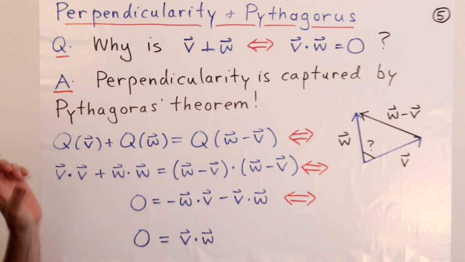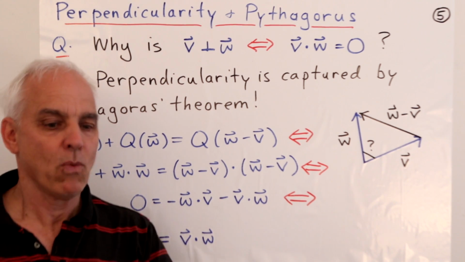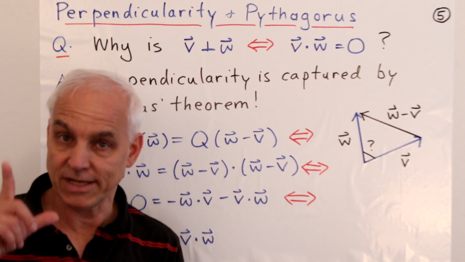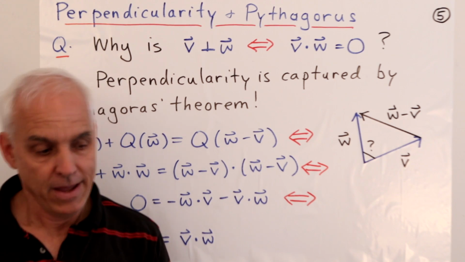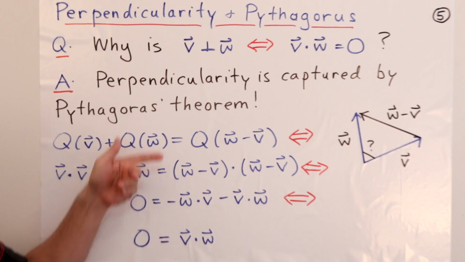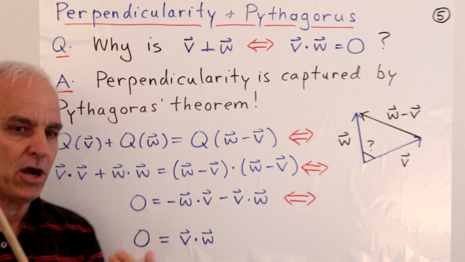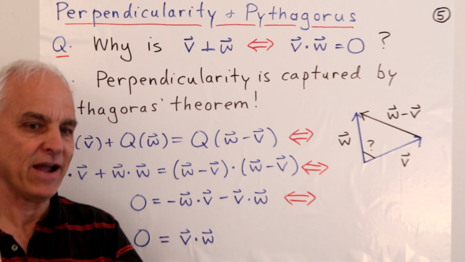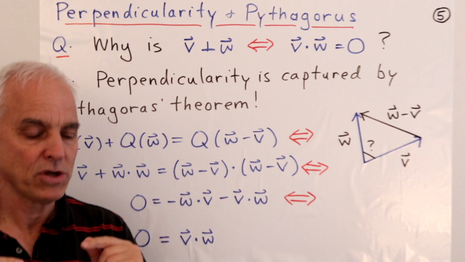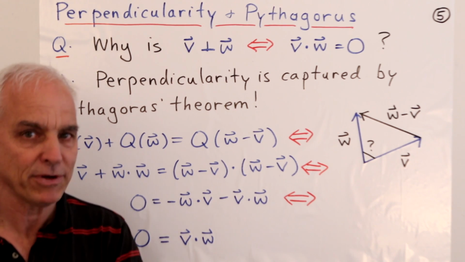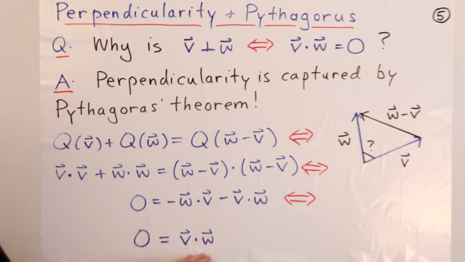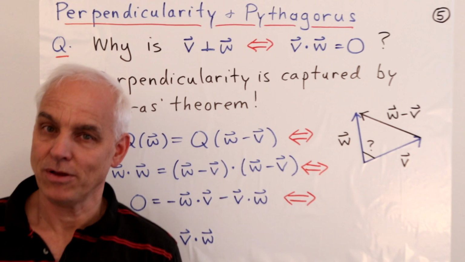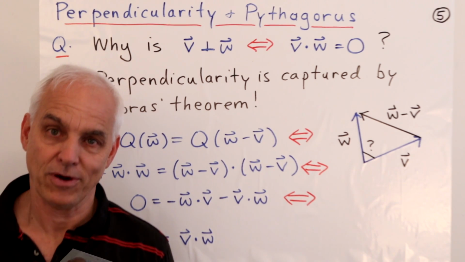There's really Pythagoras' theorem floating around here when we're talking about the connection between the dot product of two vectors and perpendicularity. And I might point out that in this argument, we are not really relying on the particular form of the dot product that we have. We're not relying on the fact that we have a blue dot product here. We're just relying on the linear and symmetric properties of the dot product. So the argument will also hold more generally. It will hold for other dot products as well. That'll be an important part of the story.